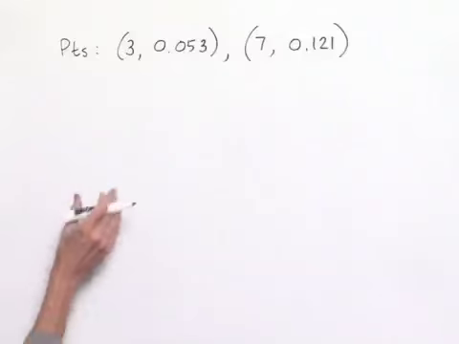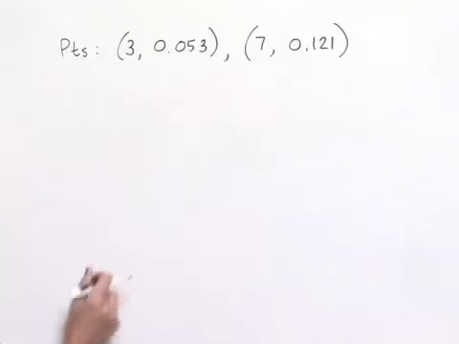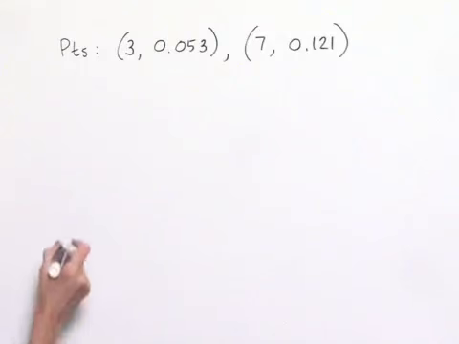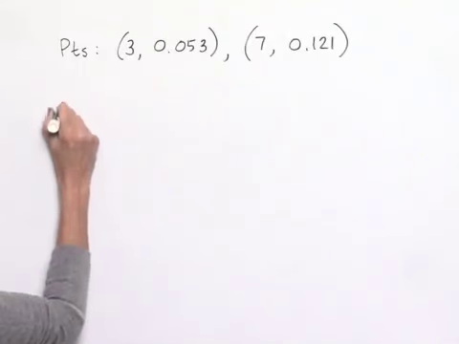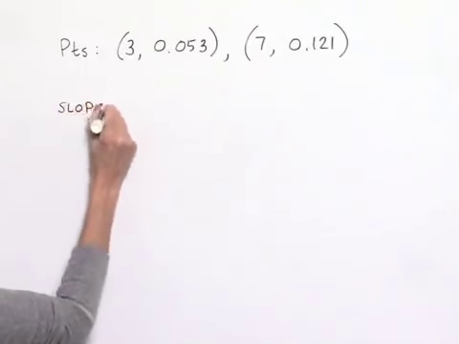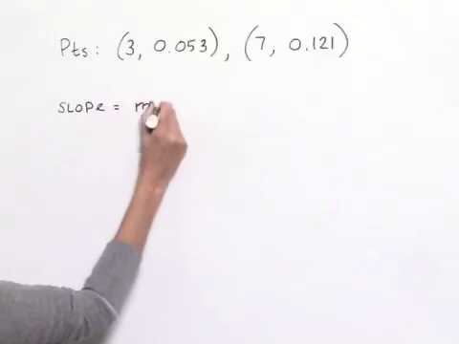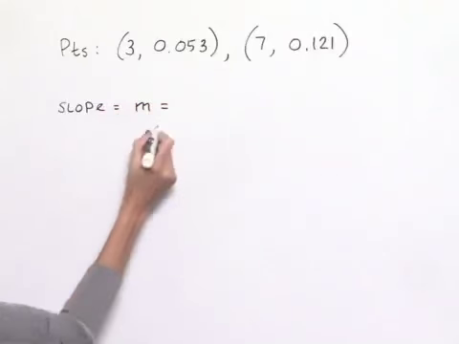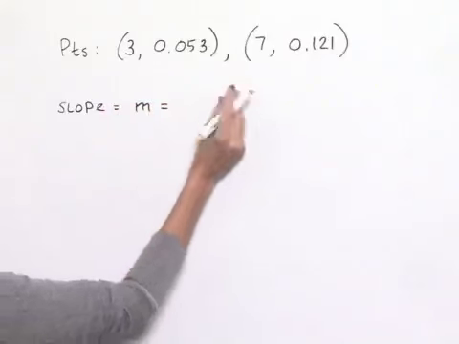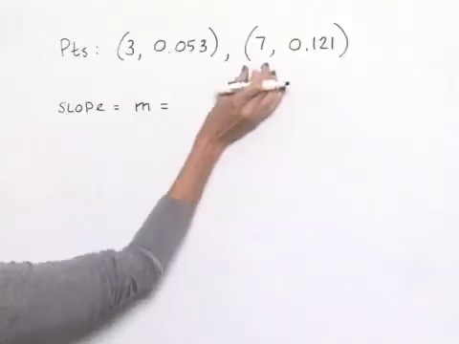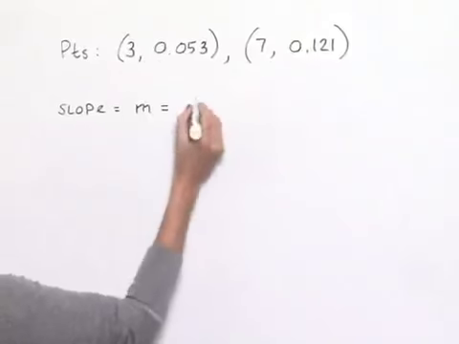In Part A, we're supposed to take the 2 points that are given in the voice balloons and come up with an equation of a line. To start off with, we're going to have to find the slope of that line. Recall that we can use the variable m to stand for slope. And to find the slope, we're going to take the difference in our y values divided by the difference in our x values. So we're going to have in our numerator